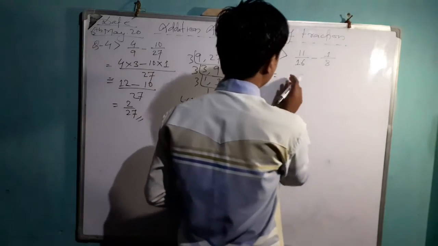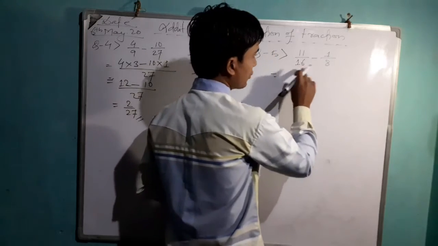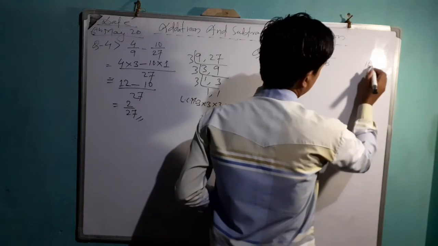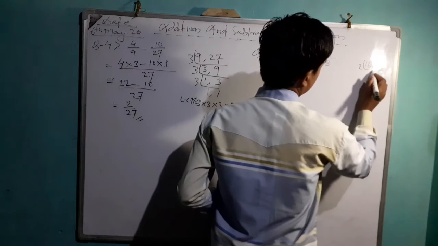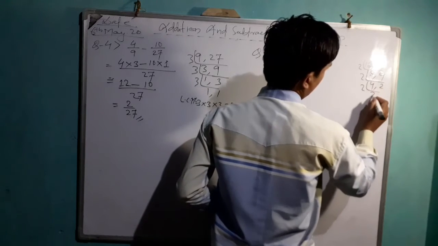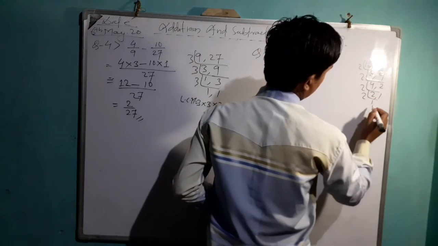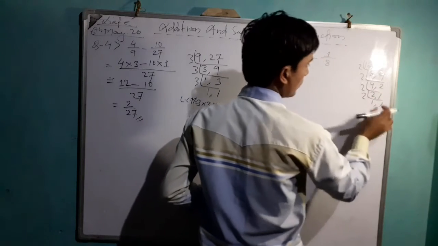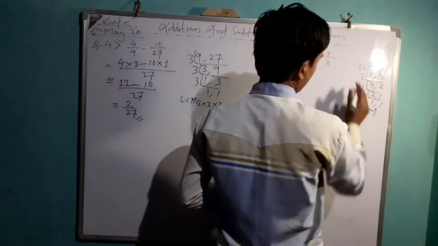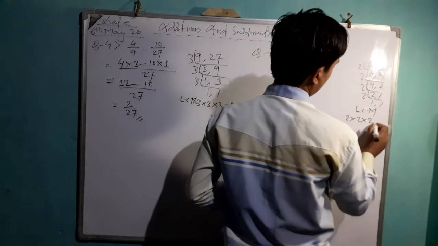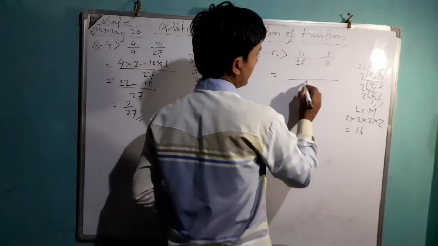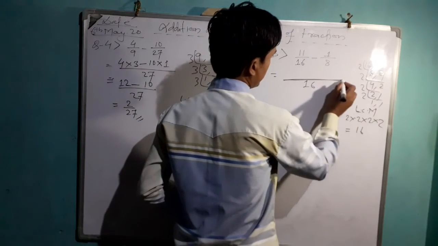Now here in question number 5, we have got denominators 16 and 8. Now we'll find the LCM of 16 and 8. So 2 8s are 16, 2 4s are 8, 2 4s are 8, 2 2s are 4, 2 2s are 4, 2 1s are 2, 2 1s are 2, 2 1s are, means 1 will be as it is. Now LCM is 2 into 2 into 2 into 2. So we'll get here 16. Now the LCM is 16.